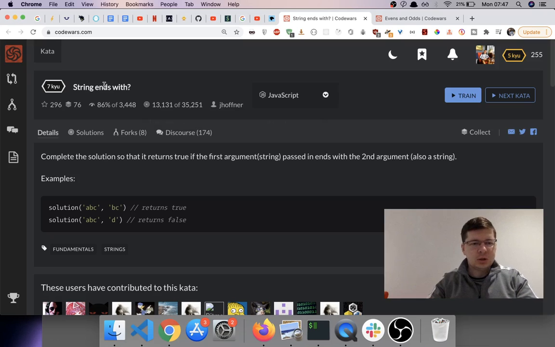So the first one is called string ends with, and it says complete the solution so that it returns true if the first argument string passed in ends with the second argument, also string. So we have to check if the first string has at the end of it the second string, right? We return true here and we return false here because it doesn't end with D, it ends with C. So we are gonna say train,